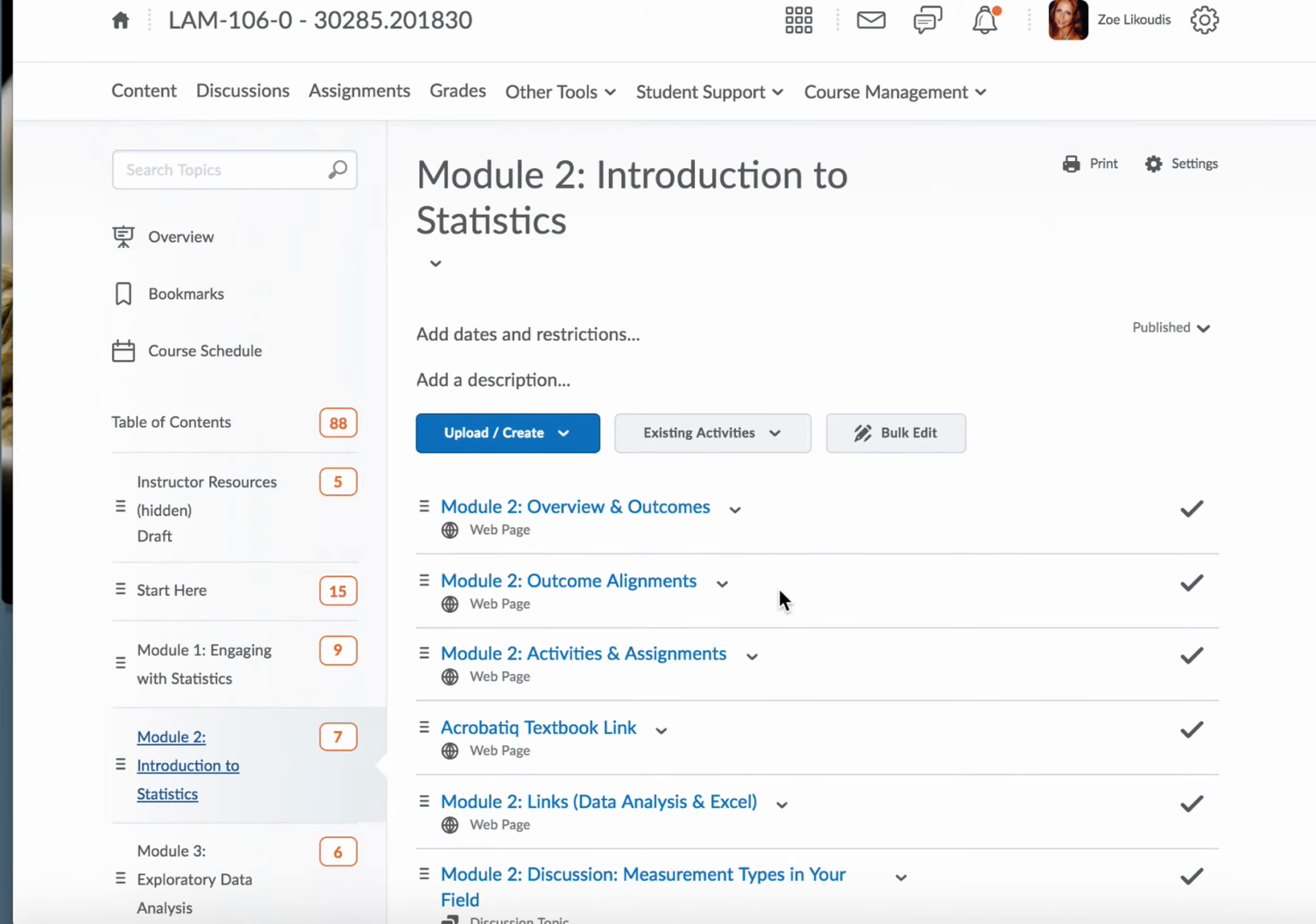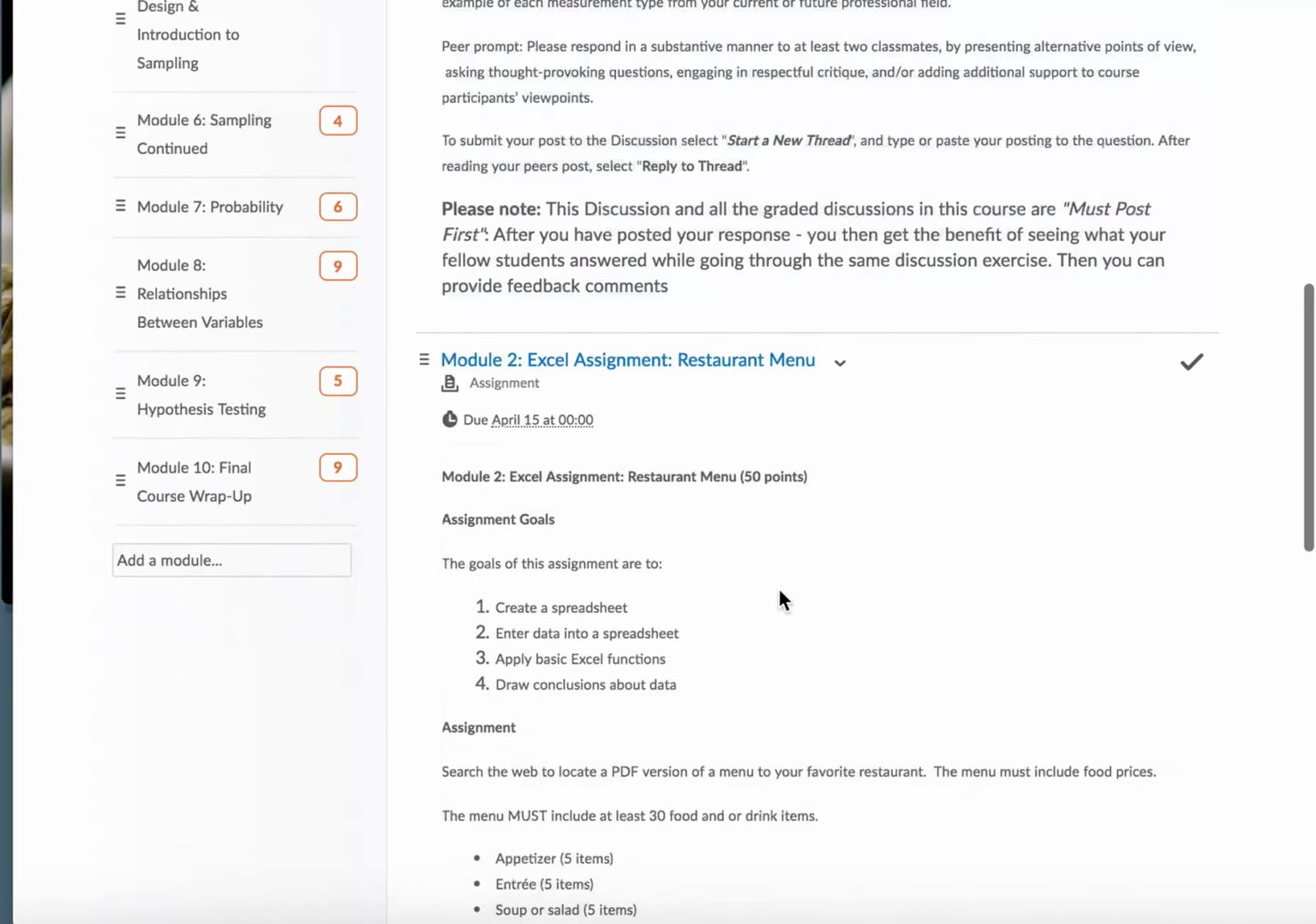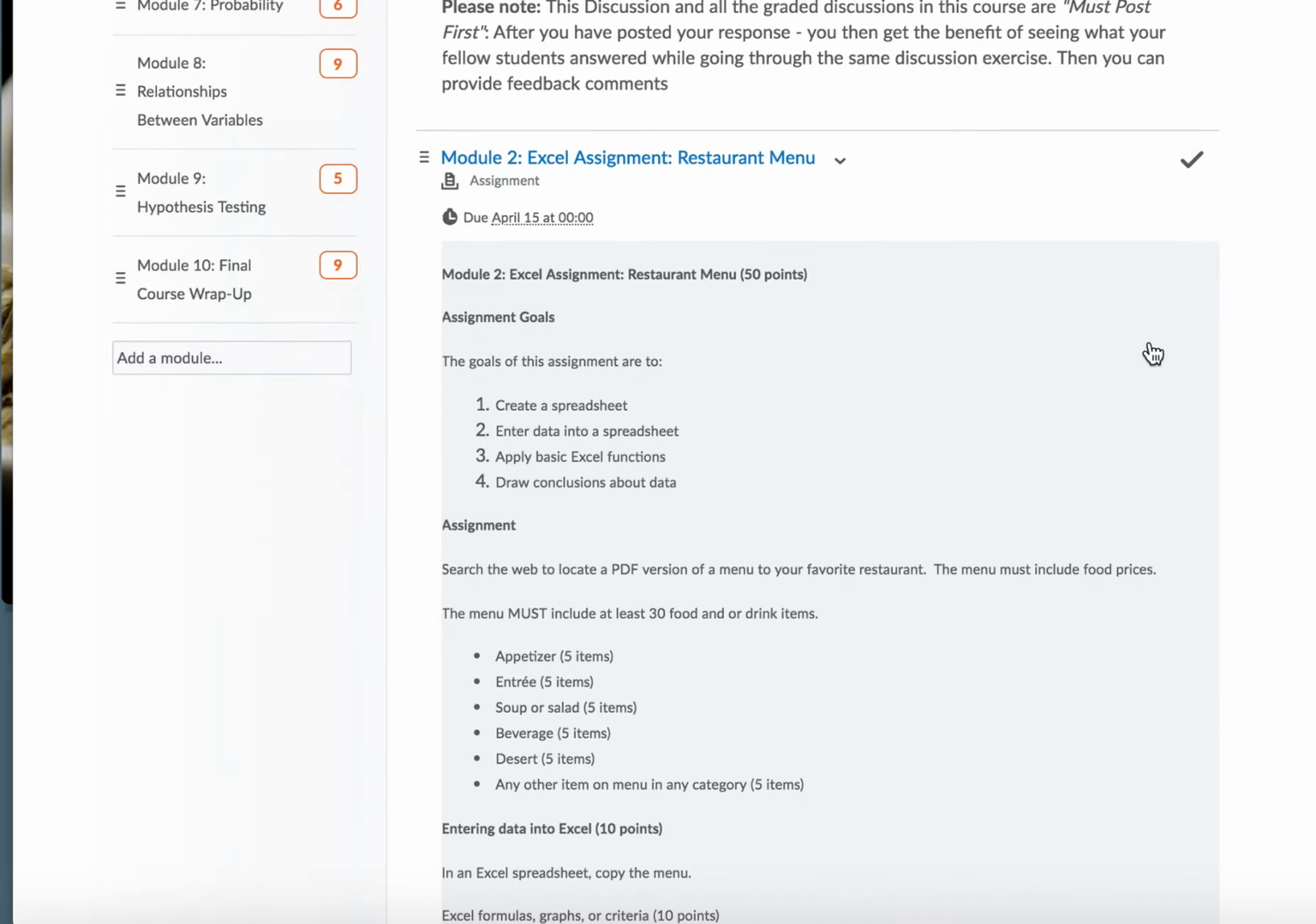Okay, so it's under Module 2. If you scroll down, here it is. It asks you to create a new spreadsheet in Excel, enter the data, and apply basic Excel functions in order to format the data, like format the fonts or choose the fonts, the different styles, for example, bold, italic, or add color, or the size of the fonts, these types of things, adjust the column sizes or the rows and the height of